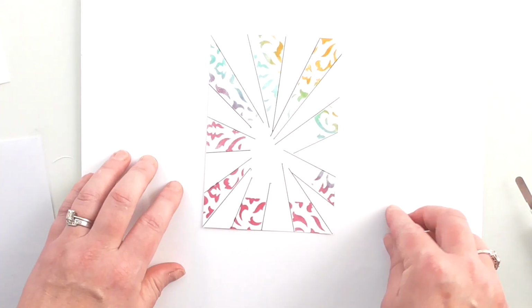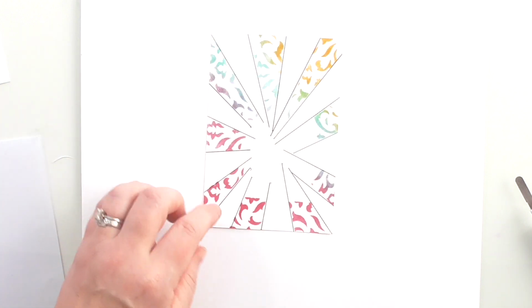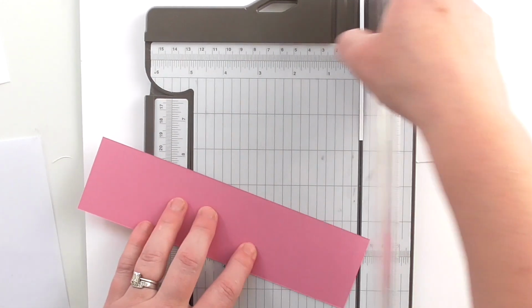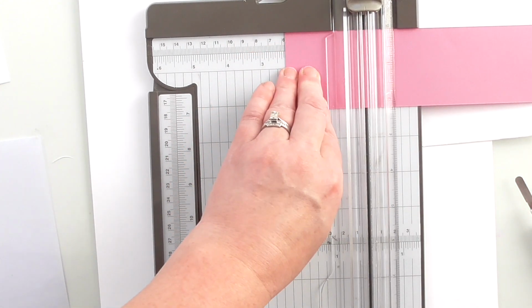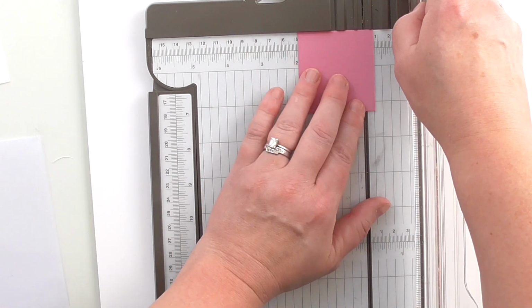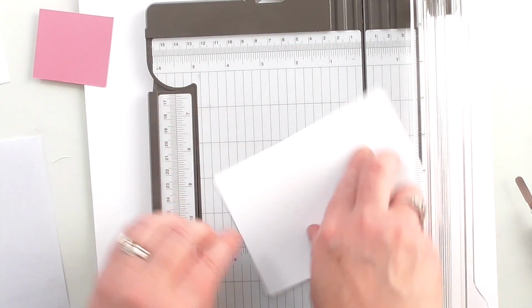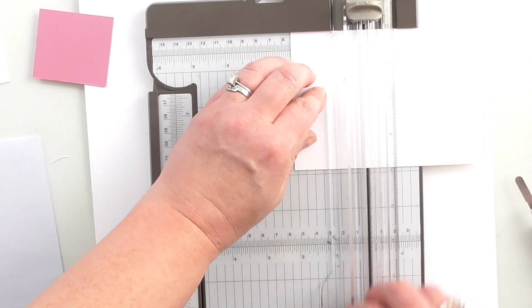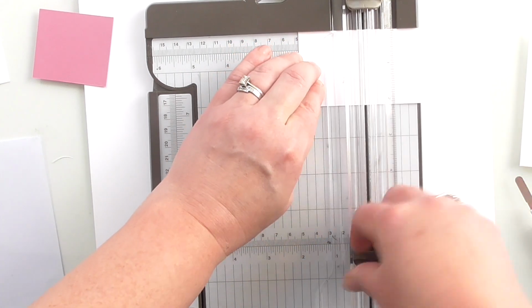Let's just turn that over so we don't get ink on. So what I need to do now is cut my cardstock for my sentiment. Now I used a block to do my void there, which was 2 1/4 by 2. So I'm just going to cut a piece of pink, just slightly over 2 1/4, just ever so slightly over. So 2 1/4 by 2, again just a sliver over 2. Okay, and then cut a white piece. I'm going to use this piece of scrap, and so that wants to be, if that's 2 1/4, 2 1/8. That's my ruler, by 1 7/8. Okay,